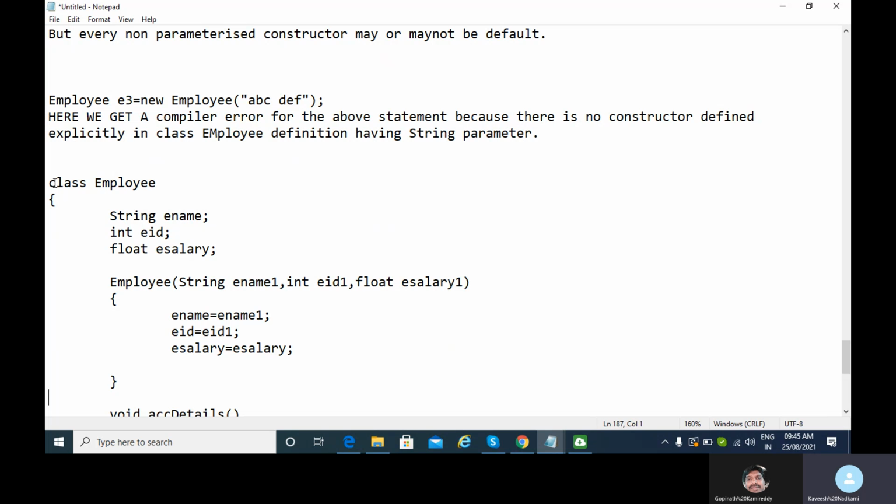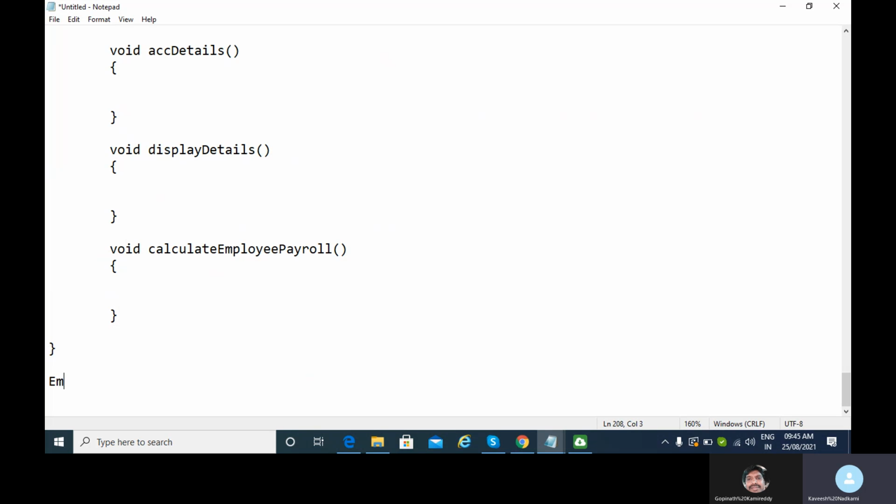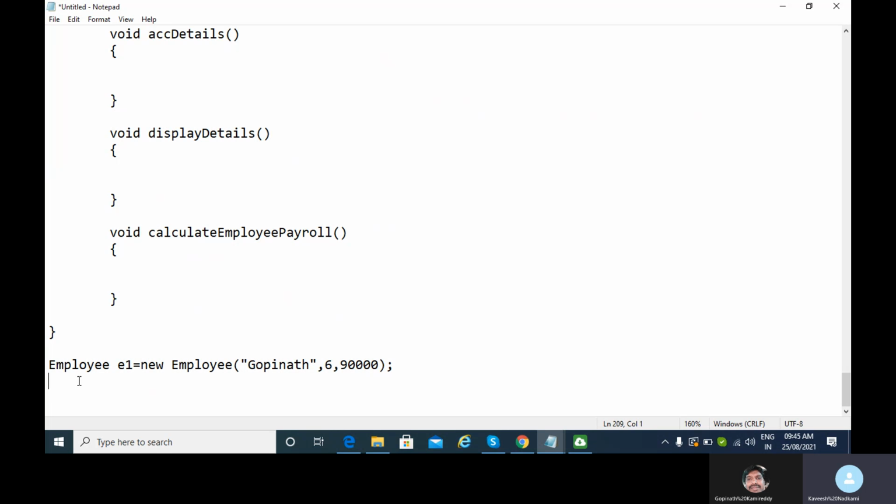So I will do one thing. Here I'll just write, when I'm creating E1 object now, E1 is equal to new employee, and suppose I write employee name Gopinath, suppose employee ID 6 whatever, and suppose 90,000 whatever, and then similarly if I create another object now, suppose E2, so I write employee, suppose Viraj, 7 and 81,000.